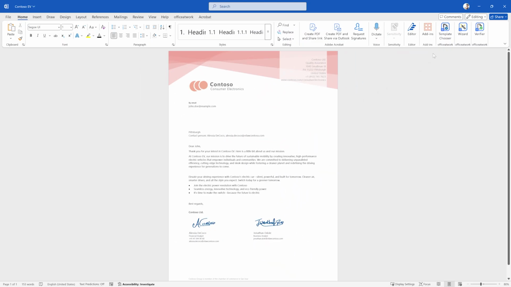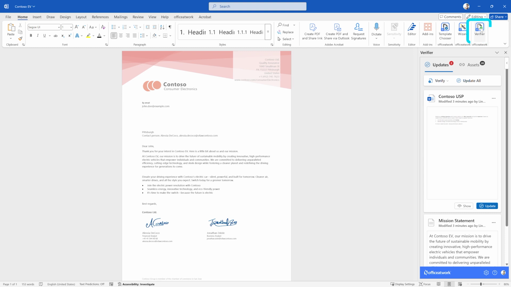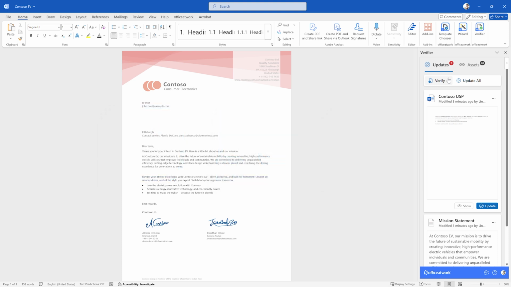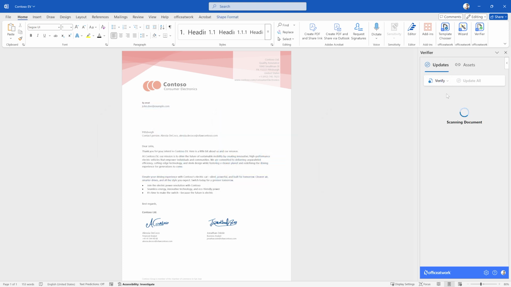With the Verifier add-in for Microsoft Word, users can seamlessly verify the accuracy of their documents. Once signed in, they can check if their content is up to date by scanning the Wizard, Content Chooser, or Image Chooser elements. In the Update section, users simply click Verify Now to initiate a scan of the entire document